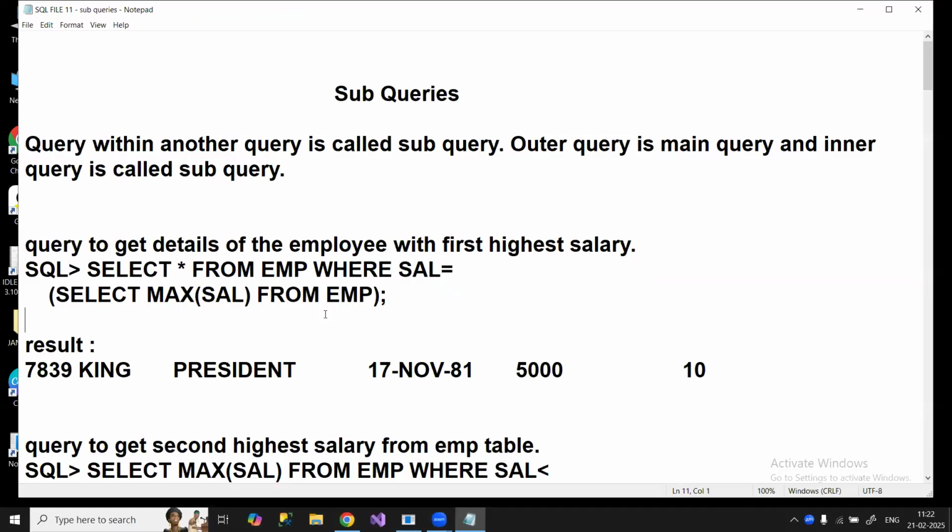Yesterday we discussed subqueries. We discussed them yesterday afternoon. A query within another query is called a subquery. And when subqueries are executed, the subquery will execute first, and the value of the subquery is used by the main